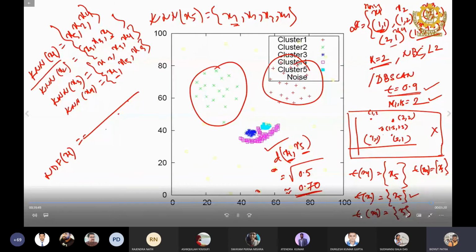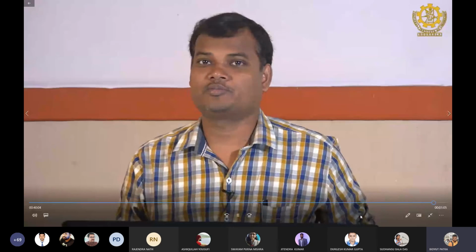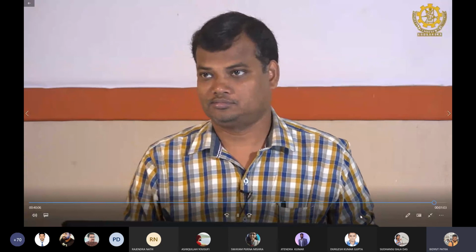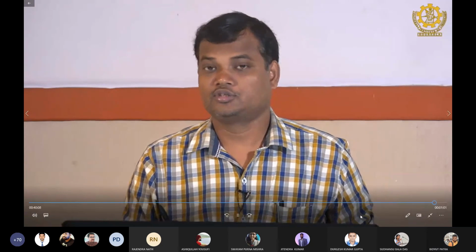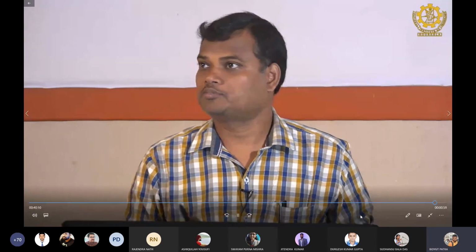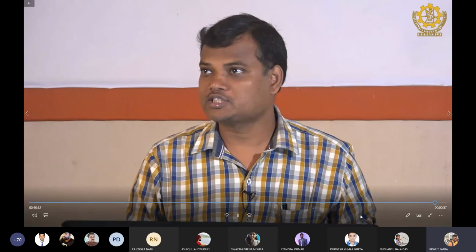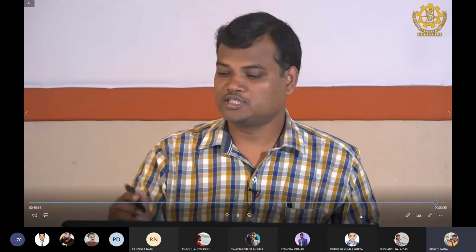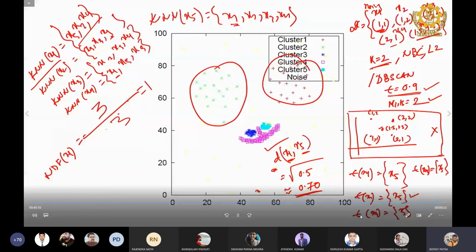Right? So this reverse KNN, so this is 3, so this will be 1, right? So then NDF value is 1 means this is a core point. This is a core point. You can start with exploring the point. So this is a first cluster point, and then you can explore all its neighbors.